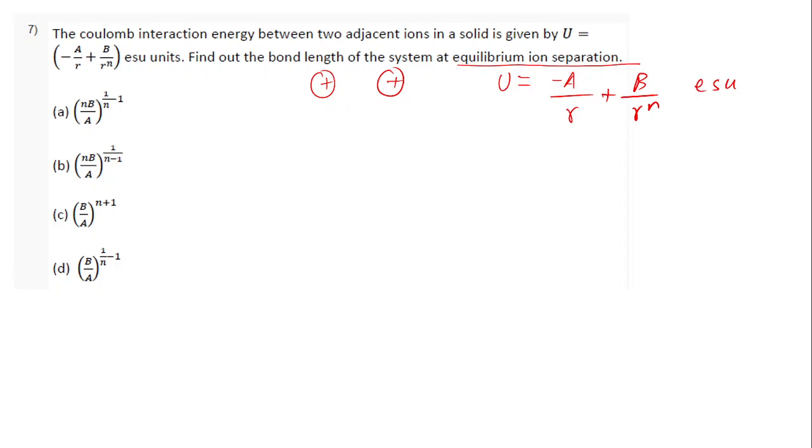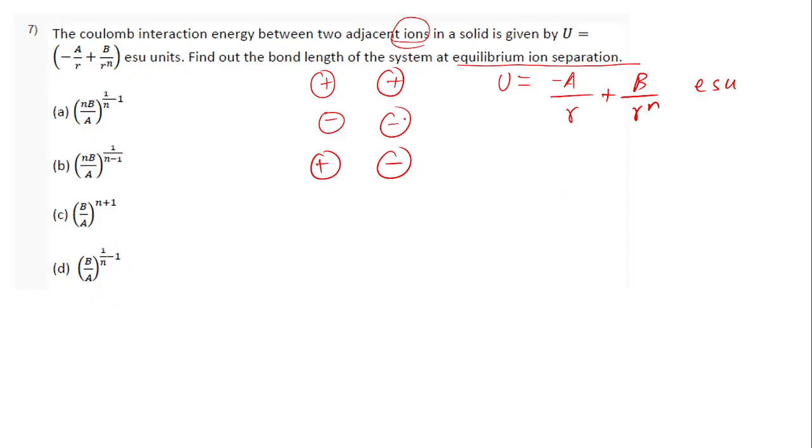As I told, when two particles, two atoms, two charges come close together, there is some kind of attractive force, some kind of repulsive force. So here we have two adjacent ions. We don't know if they are positive ions or negative ions. They could be negative, they could be positive. We're just being told they are two adjacent ions and the interaction energy between them is given